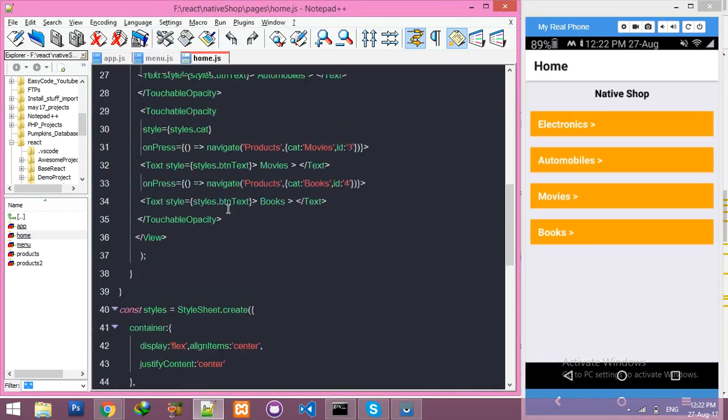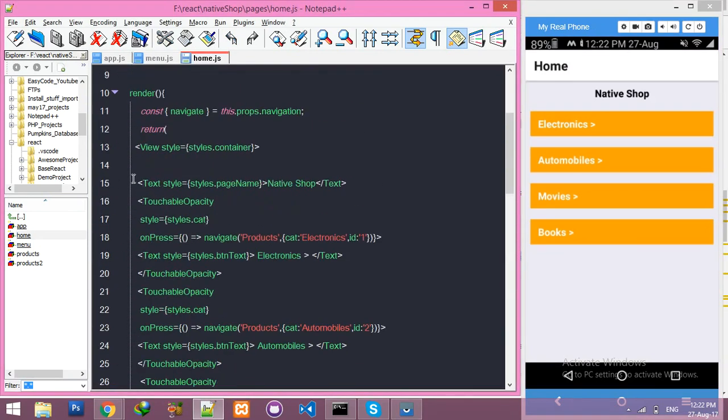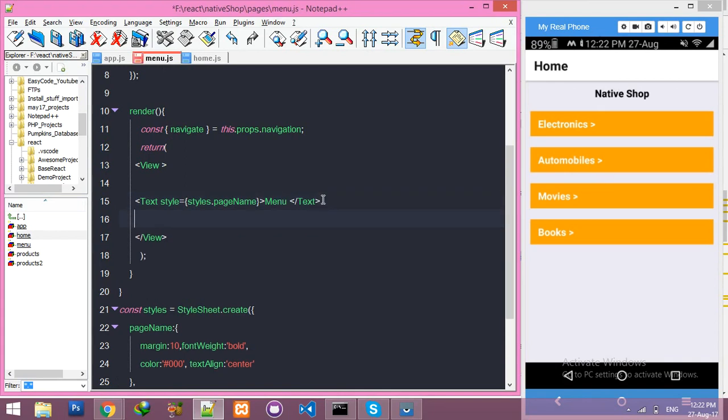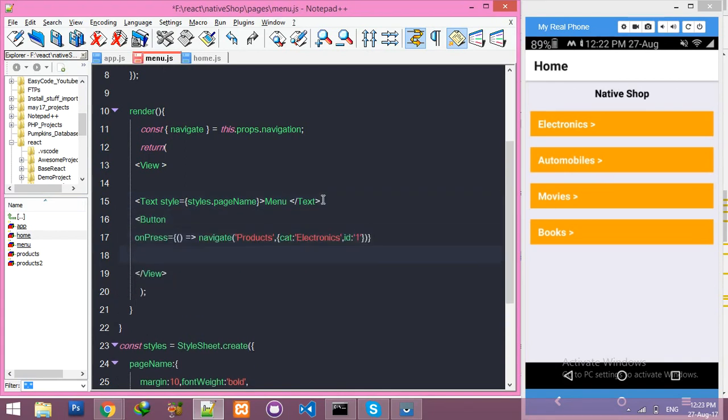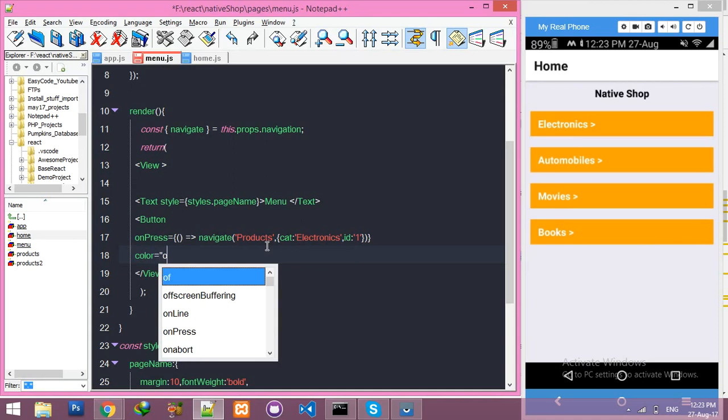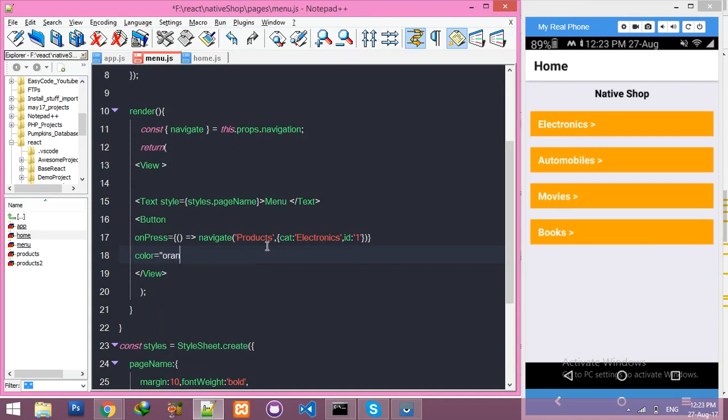Okay, you can use this onPress or your buttons. Like say I need a button here and onPress. Okay, and color orange.